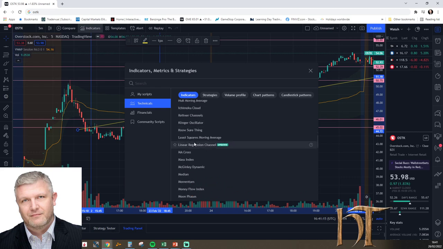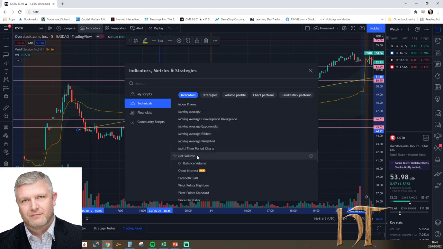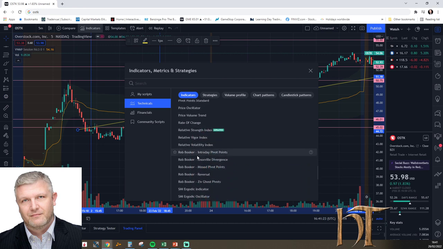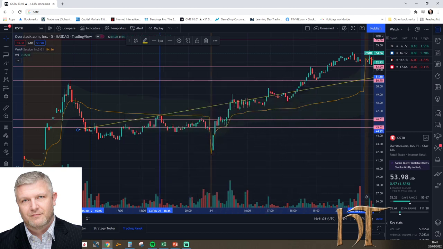You can see there is a huge amount of different technical indicators that you can avail of here. The price oscillators, relative strength index, etc. A lot of these indicators people swear by, but